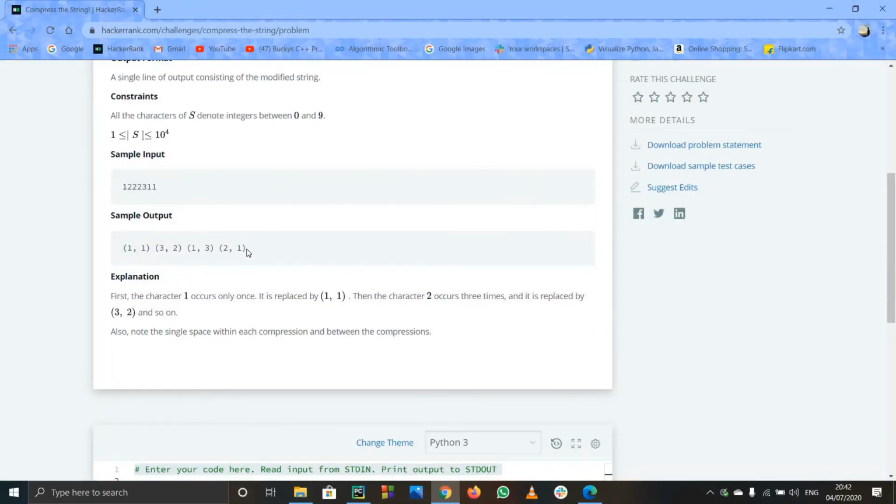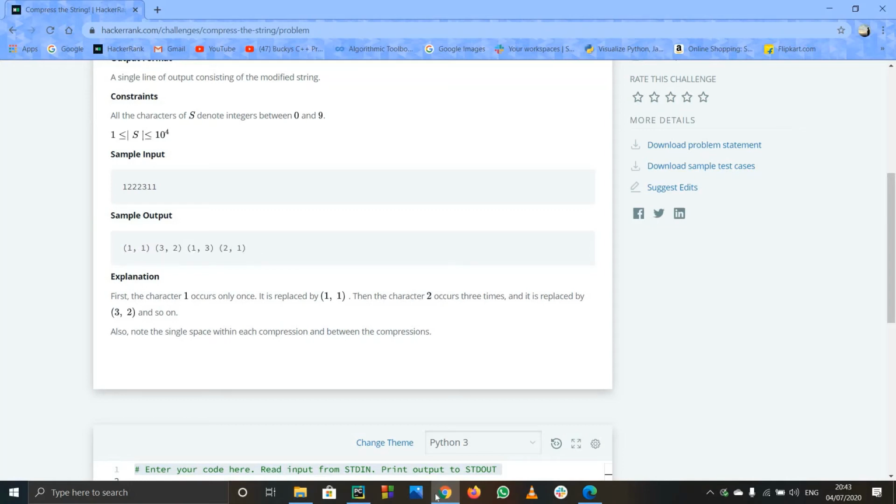So I'll have to print out the length of the list, and the key afterwards. How many times means the length of that list, right? That is, we'll get how many times it has occurred, and we have to print out the key afterwards. They want the order to be opposite basically. So first the length of that list, and after that I'll just print out key. Now let us run this code. So see, 1 1 3 2 1 3 and 2 1. So basically this is the right thing, but we'll just have to convert the output format.